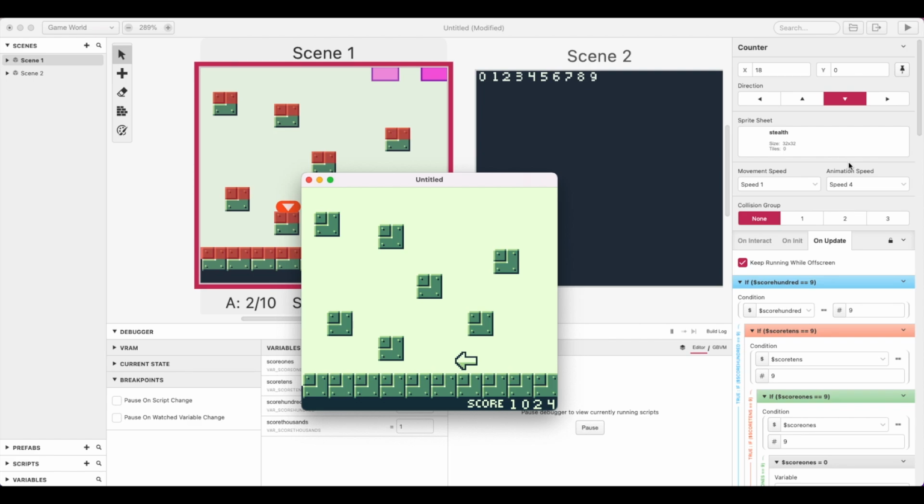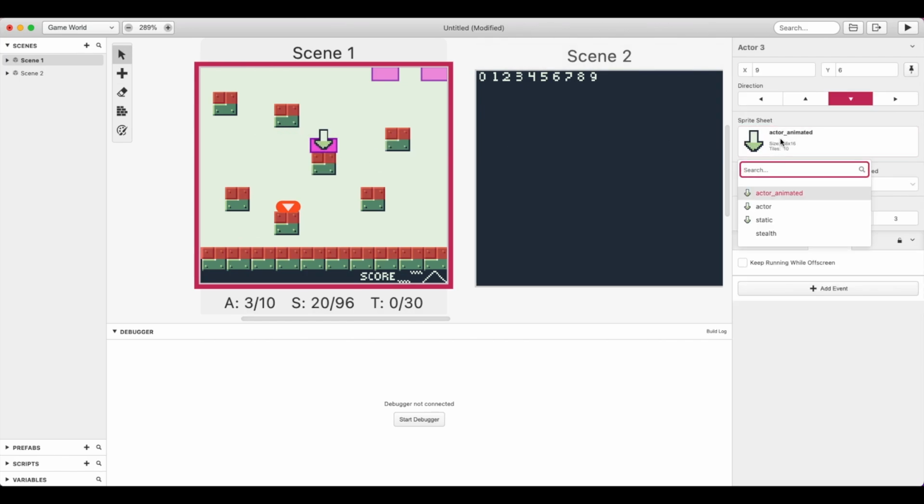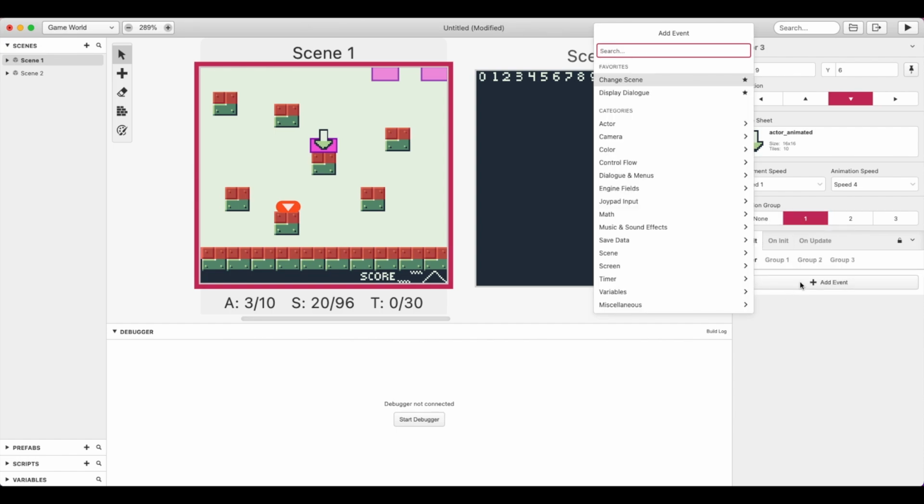So there's one other way to do things here to get a score. I'll show you that really quickly, and it's really simple. It's just when you interact or collide with something, you use a math function to add to your score. So all we're going to do is add an actor by pressing A. All we have is arrows right now, but that's no problem. It's just for demonstration. So I'm going to change that to collision group 1, and on hit with the player, I'm going to say,